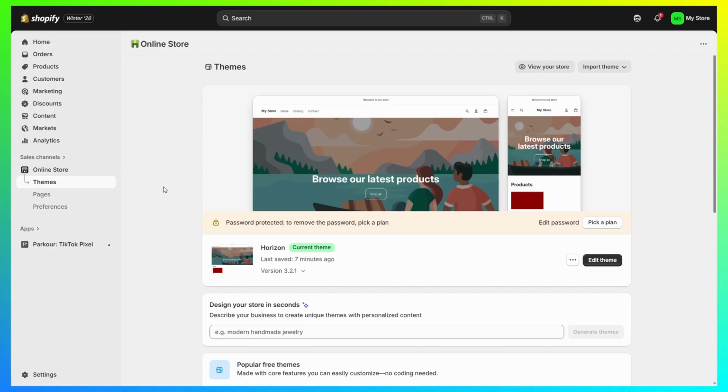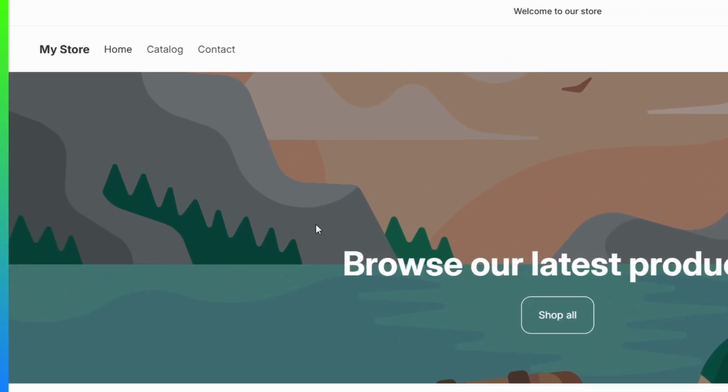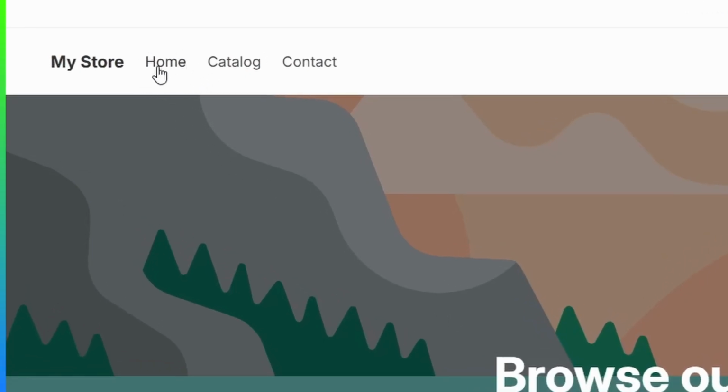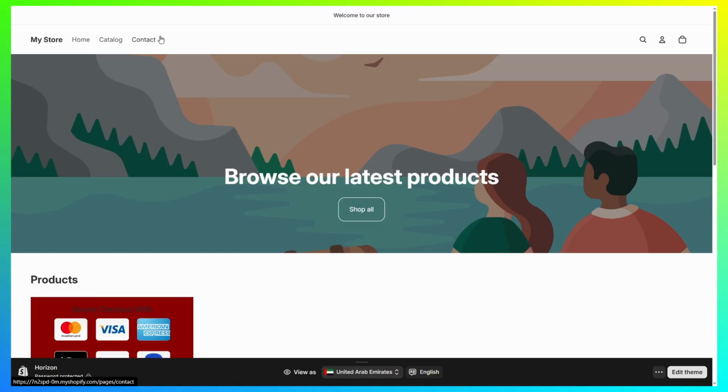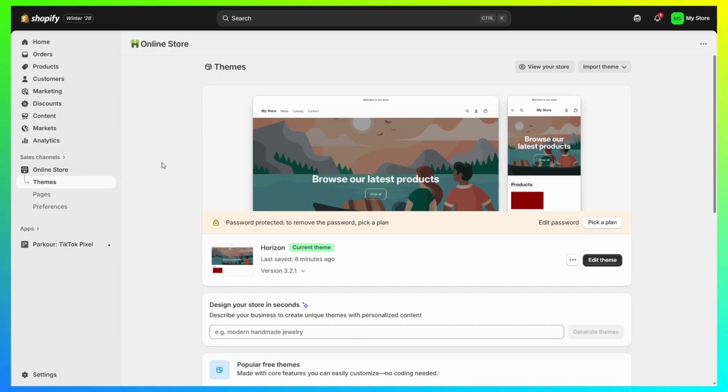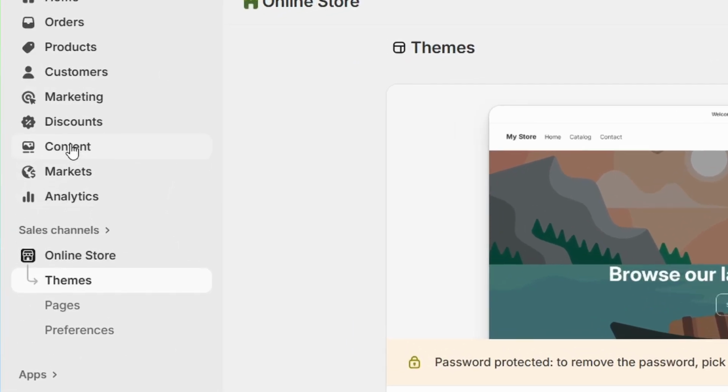Now I need to note that Shopify itself does actually offer a navigation bar for you automatically. And it's going to look a little something like this with the home, catalog, and contact page. But I'm going to show you how to customize it or even create one yourself from scratch. With the navigation bar, you can add pages, you can add products, you can add collections, you can add plenty of things. So, in order to get started, you simply want to go to the content section from your